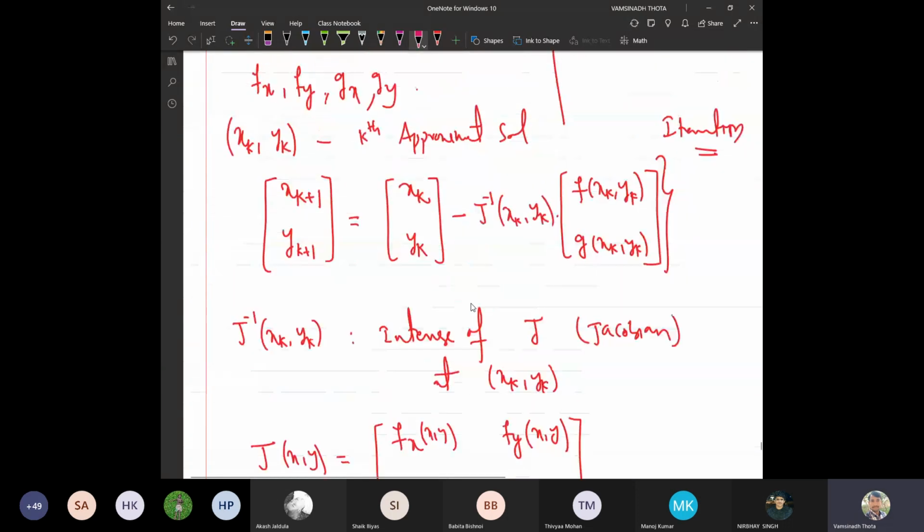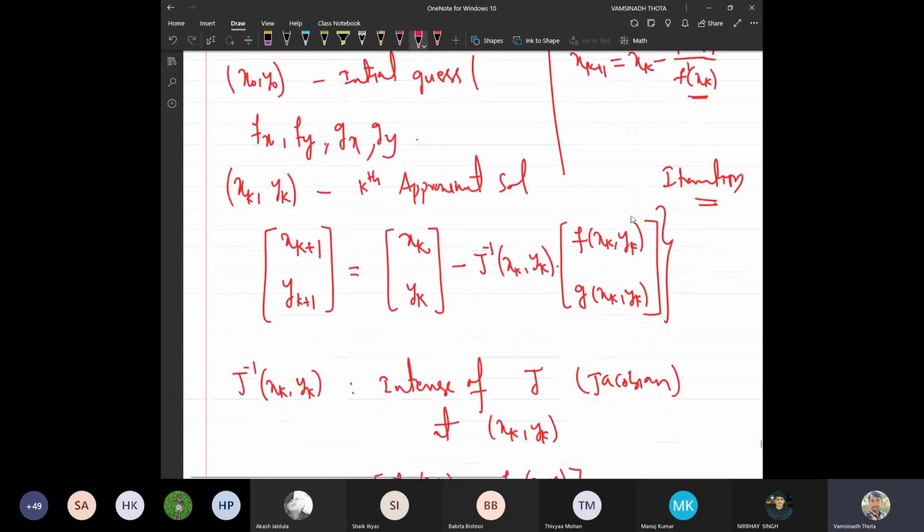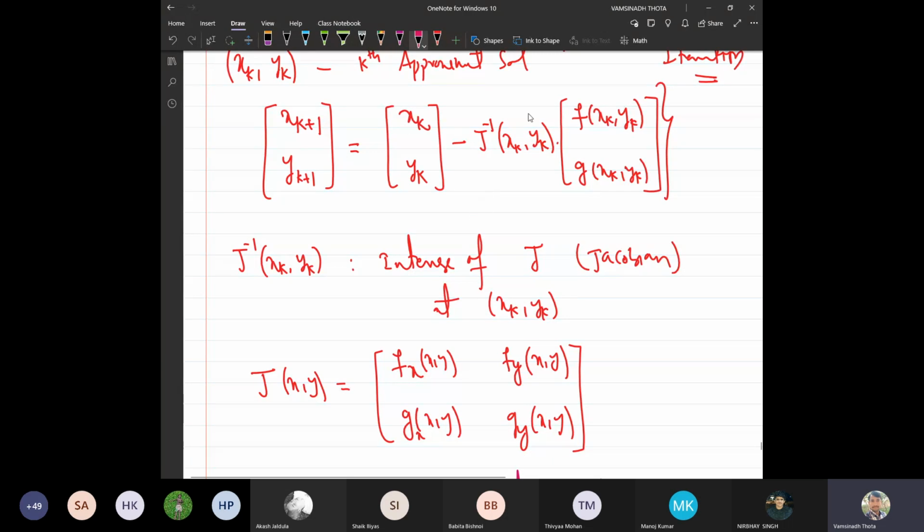As you can see, even if we have only two equations in two variables, the iteration process is recursive, but a lot of computation is required in evaluating the inverse of the Jacobian at every iteration point. Remember that. It is not a fixed matrix here. J is the Jacobian matrix, that is fine, but in every iteration we should substitute the iteration point xk and yk. Then we will have a numerical matrix, and for that matrix we should find the inverse.